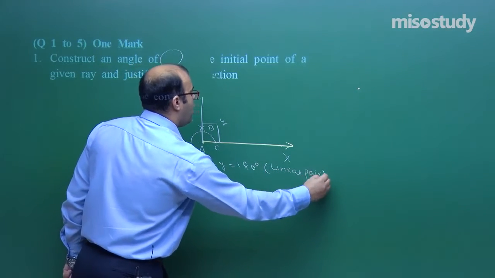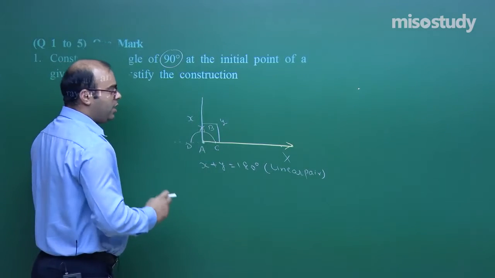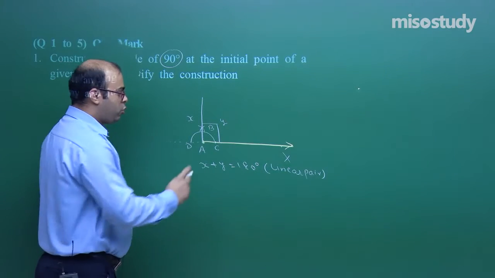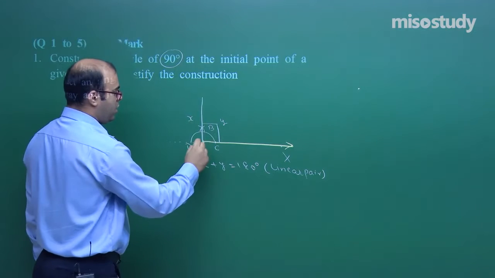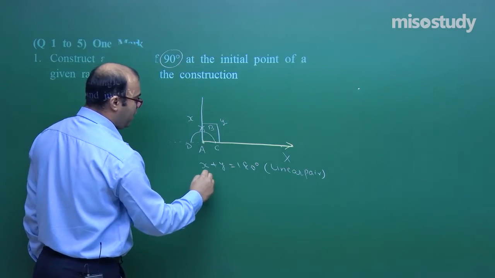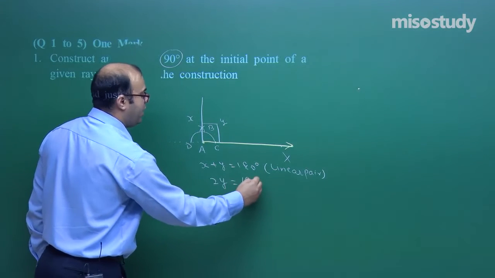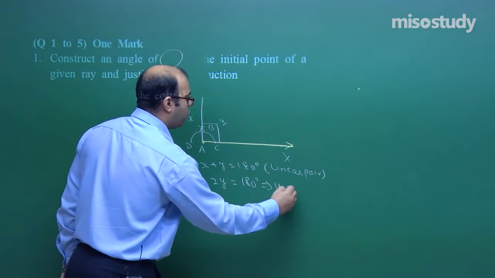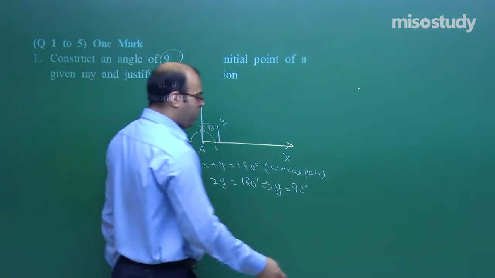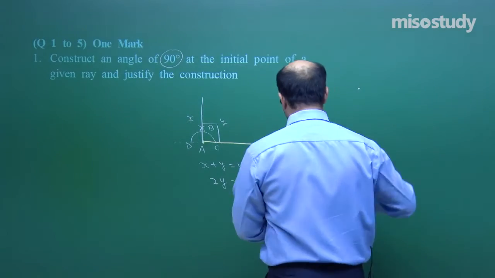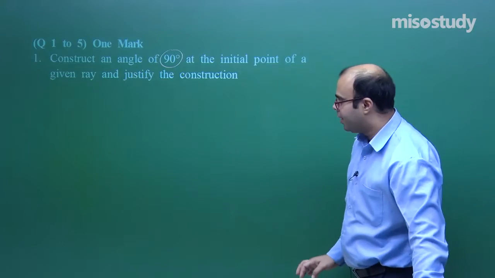Now since the method through which we have made this line AB is the method of angle bisector, this line AB is the angle bisector. These are two equal arcs. This is the angle bisector. That means X is equal to Y. So we can say X plus Y is twice of Y, which is equal to 180 degree, which means Y is equal to 90 degree. So this angle is 90 degree, students. Okay. So this is the first question which was based on the concept of angle bisector, and we had to make a 90 degree angle.